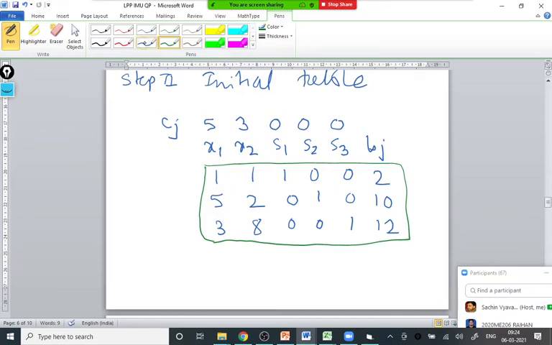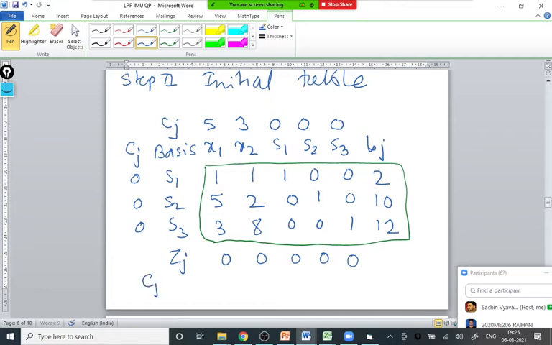After that, we generally write the basis. There are different ways of writing by different authors, but it doesn't matter. At the end, we are following the simplex algorithm and we are getting the same answer. The basis variables are obviously the variables which form the identity matrix. So initially they are always slack variables. Their Cj, the cost values of the slack variables, are zeros. We already know that. So initially the Zjs will also be 0. I hope there is no doubt up to here. And lastly, Cj minus Zj. This is the last row of the table, and it is as it is: 5, 3, 0, 0, 0.